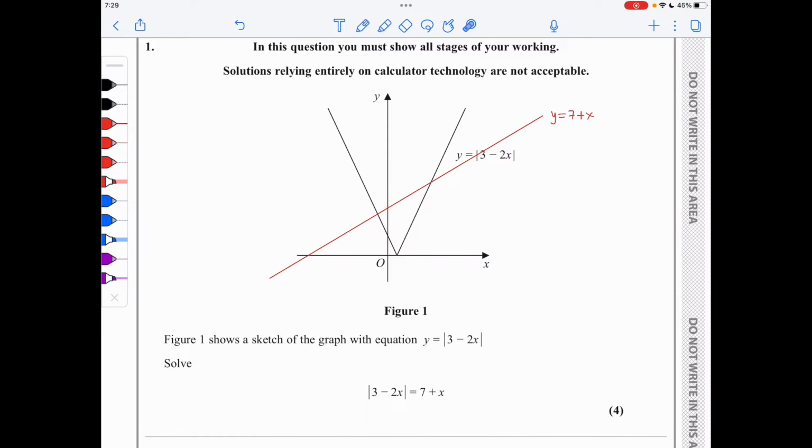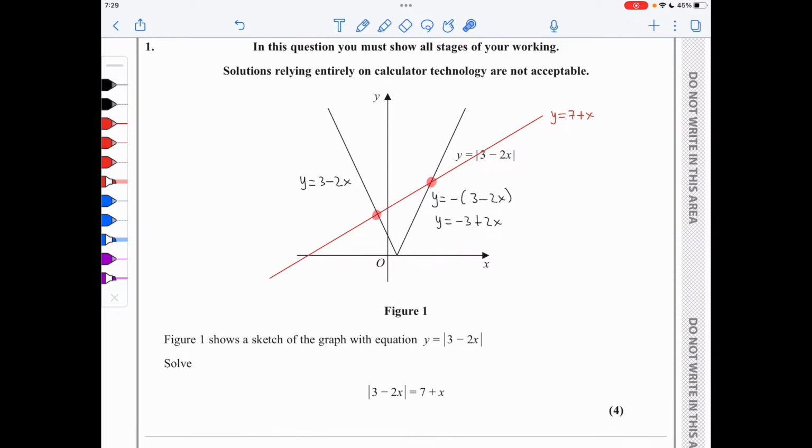I could also identify the individual equations of these line segments here. So on the right hand side, we've got y is minus brackets 3 minus 2x. So we're looking at y is minus 3 plus 2x. And on the left hand side, we've got y is 3 minus 2x. So we can see that the gradient of this line segment here is 2. The gradient of this line is 1, and therefore we have an intersection point on the right and an intersection